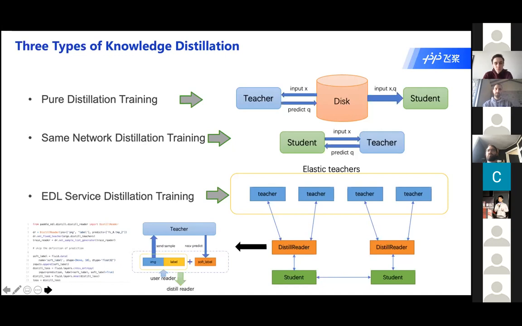And you can see on the picture, the second one is the same network distillation training, which is really common these days. The same network distillation training refers to putting the teacher model and the student model into the same network, and the fixed teacher model parameters are only forwarded, and the student model is normally used for back propagation training, and this is